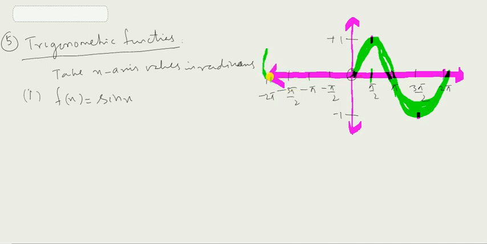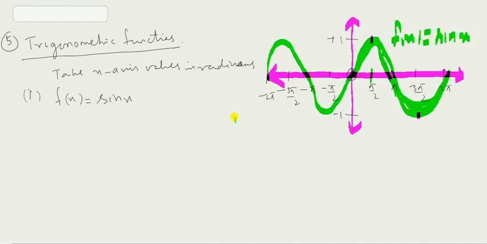Let me tell you, take it once again. So this curve is the curve of f of x equals sin x. This is how we plot the graph of sin x. But remember, the values on the x-axis you must take in terms of radians. Now let me plot the graph of f of x equals cos x. If I plot it, then I will first take the same type of graph, right?